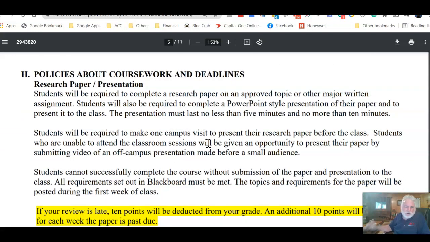Now, during this course, you're going to have a research paper to do, and the research paper will have 2 different options. It will be either a traditional research paper where you have a topic and you have to interview somebody who is an expert or more knowledgeable on that topic than most people, or you will have a patrol observation report where you ride with patrol with a local law enforcement agency.